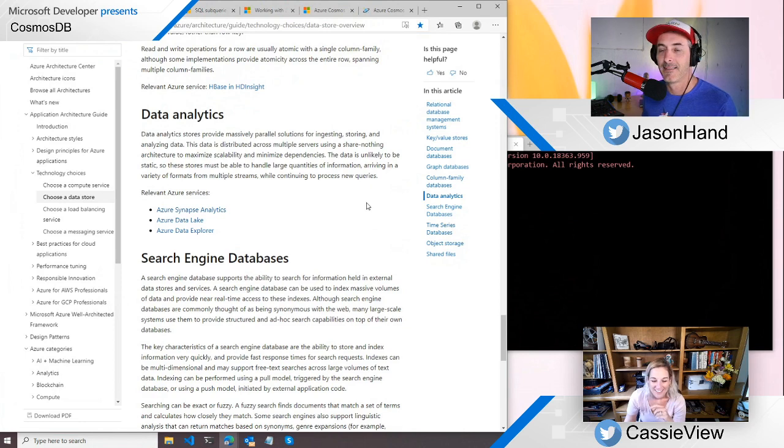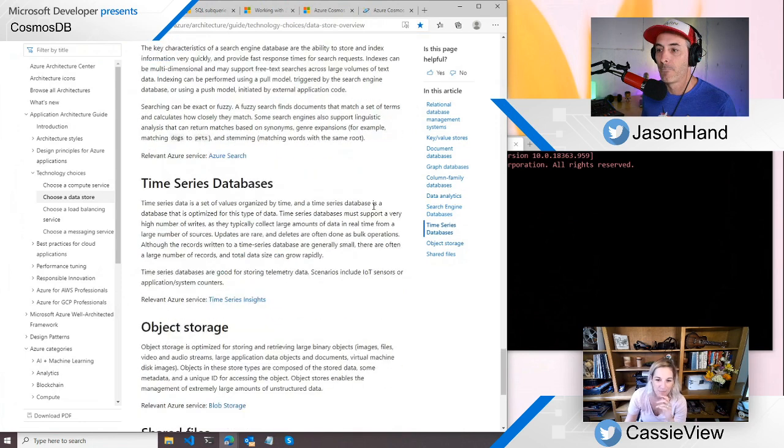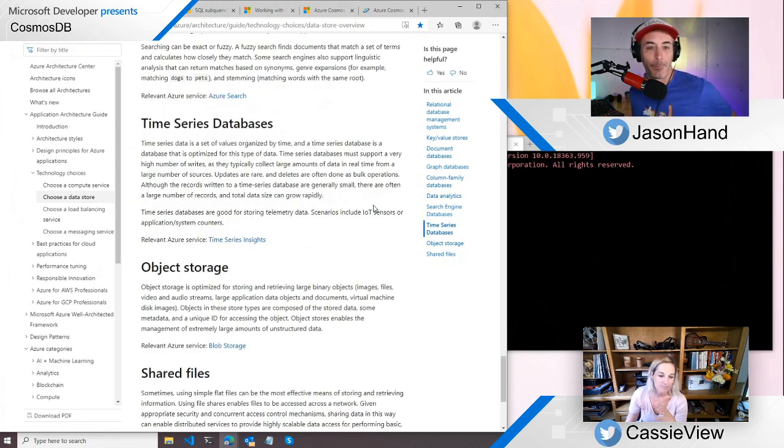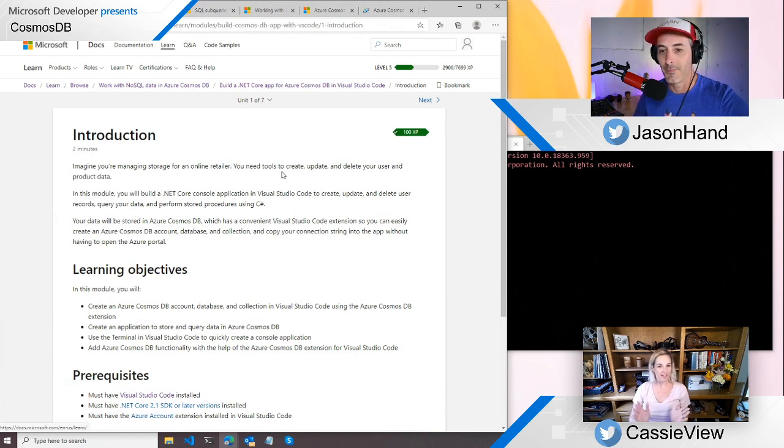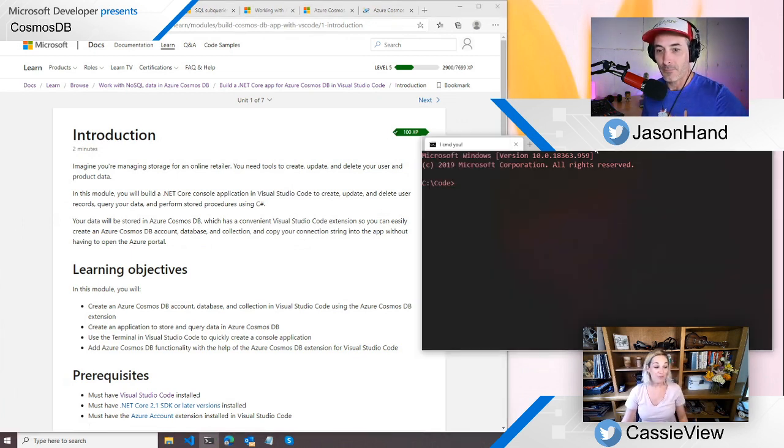Cool. So that's just another way to think about when you're going to create a database. We're going to play with Cosmos DB and the document DB with the SQL API, which is what we want to play with today. But sometimes people think there's only one true way to store your data, or one true language. And you know what? It's all good. That's what we should have done, we should have had a DBA on. Maybe we can do that next time. That would be really fun. I would love to hear a DBA's perspective and expertise.